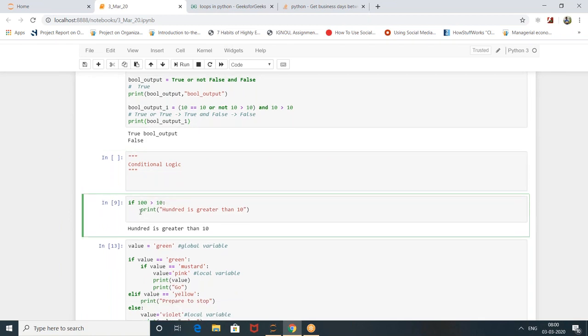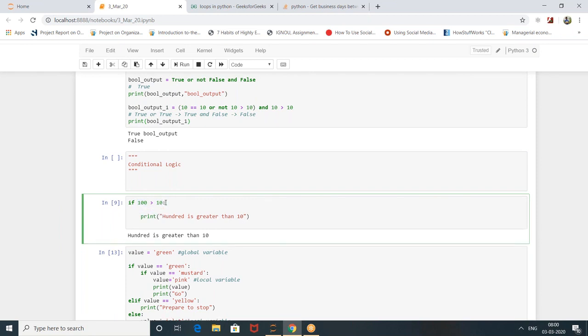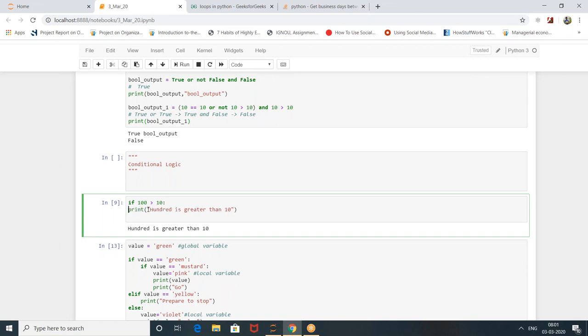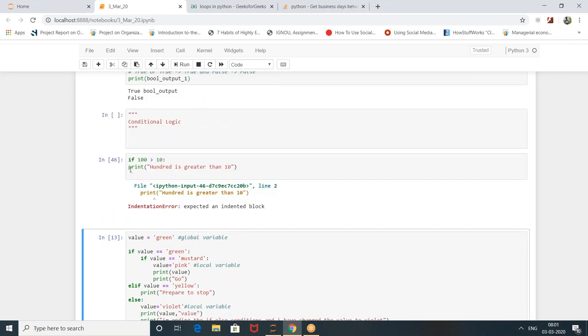Then, if condition in Python, you should write like this. If something, your condition, colon, then press enter. When you press enter in Anaconda, it will directly give you 4 spaces or a tab. But in Notepad, it doesn't happen. This is called indentation. Without indentation, if you write the program, it will fail. In Python, indentation is a must. So we should go in front and click on tab. That's it. Or 4 white spaces.